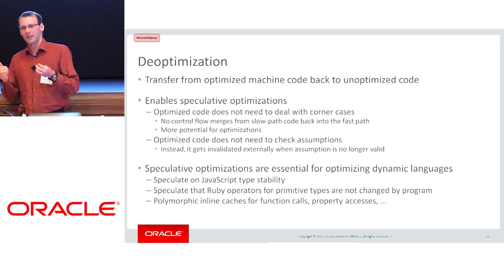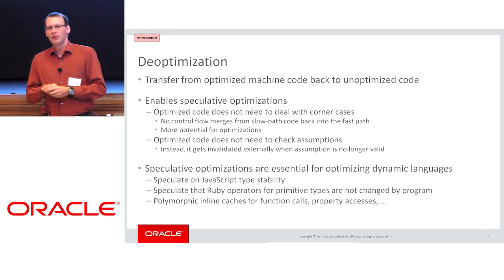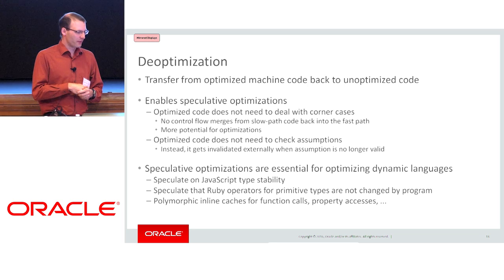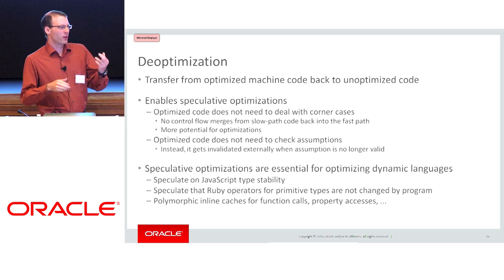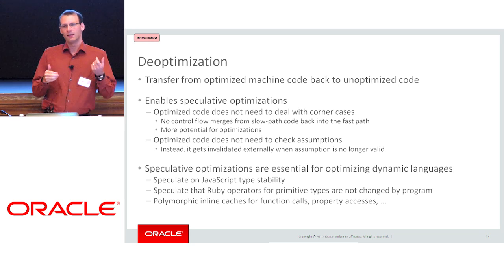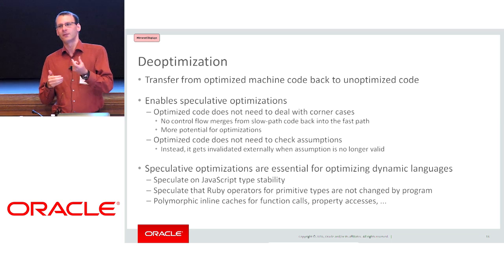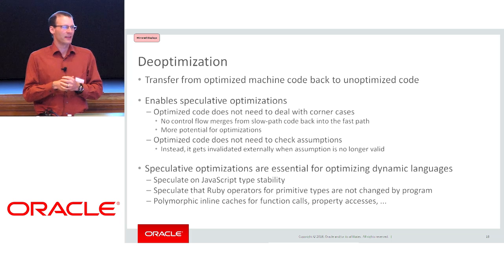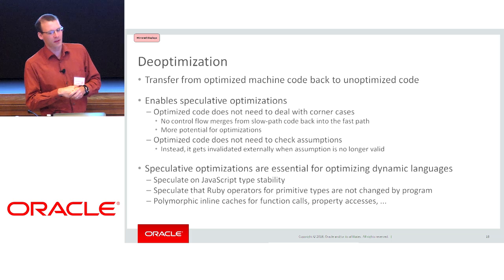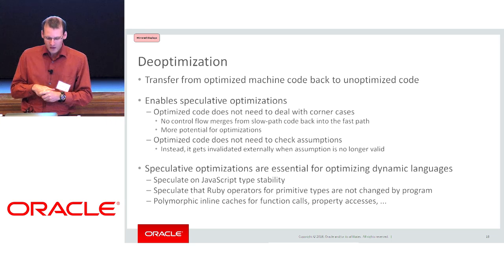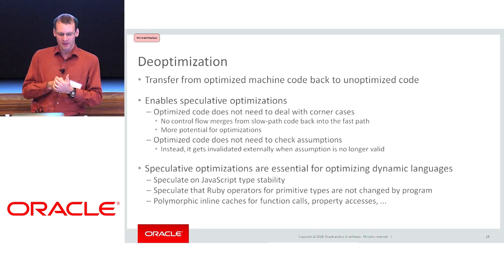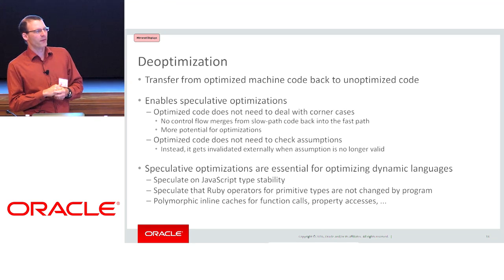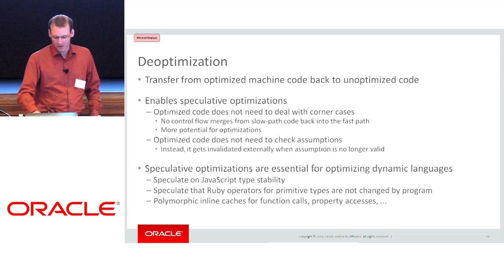And for JavaScript, that's even used much more. In the interpreter, you profile, well, this local variable is always of type int, so I aggressively compile things as if it really is an int, but it's JavaScript, so at runtime, it can at any time be anything else. It can be a string, it can be an object, and in that case, you just throw away the code and re-optimize again. So de-optimization is really the key part to enable speculative optimizations. You cannot get good performance for dynamic programming languages without it.